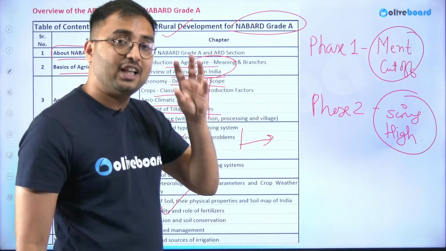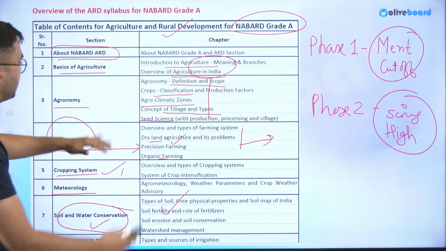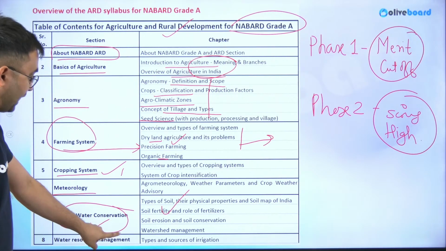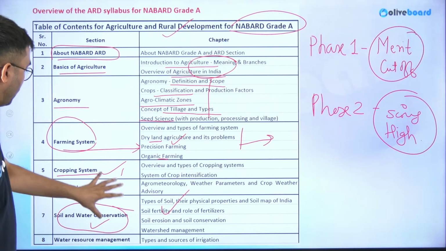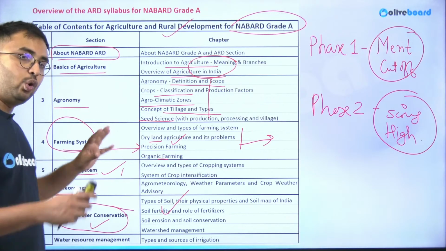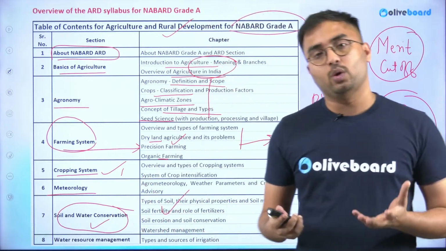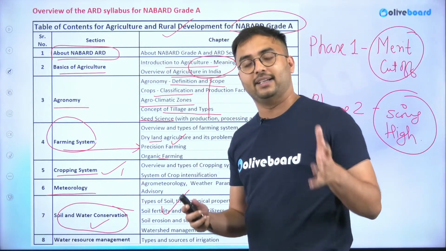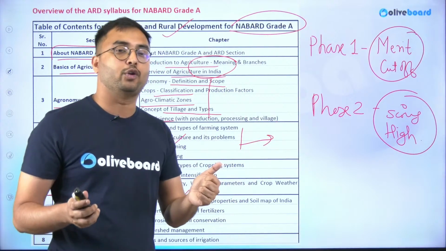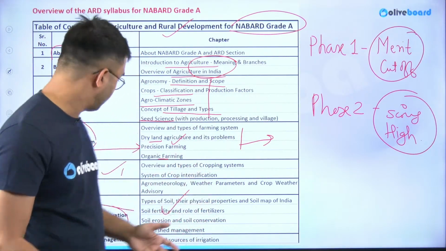We will try to cover as many topics as we can and we will connect multiple topics together. For example, when we are learning agronomy, we will try to connect it with the climate, that is meteorology. When we are learning farming system, we will try to connect it with cropping system. So don't worry, the lessons and the overall subject which we are looking at, agriculture and rural development, it's very interesting. And all the first 5 lectures are already freely available for you so that you can watch how we are trying to teach in our course.